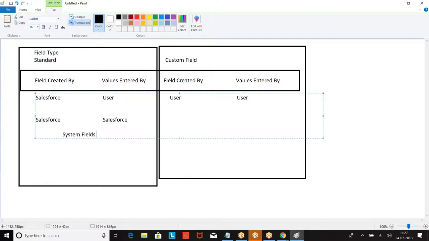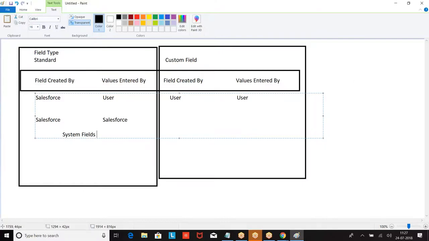Right? Fields created by Salesforce are standard. Fields created by the user are custom. Now, some of the standard fields are also called system fields. What do you mean by system field? Fields created by Salesforce, and values are also created by Salesforce. You can only use it, you cannot modify it.